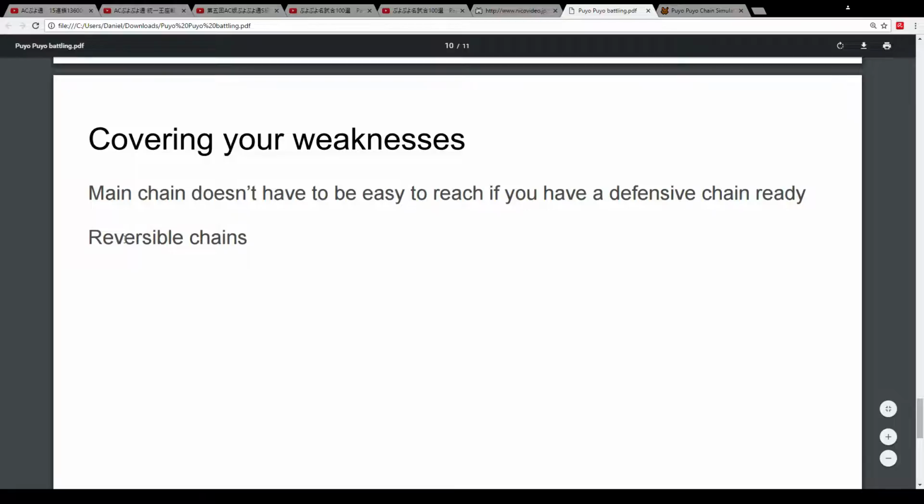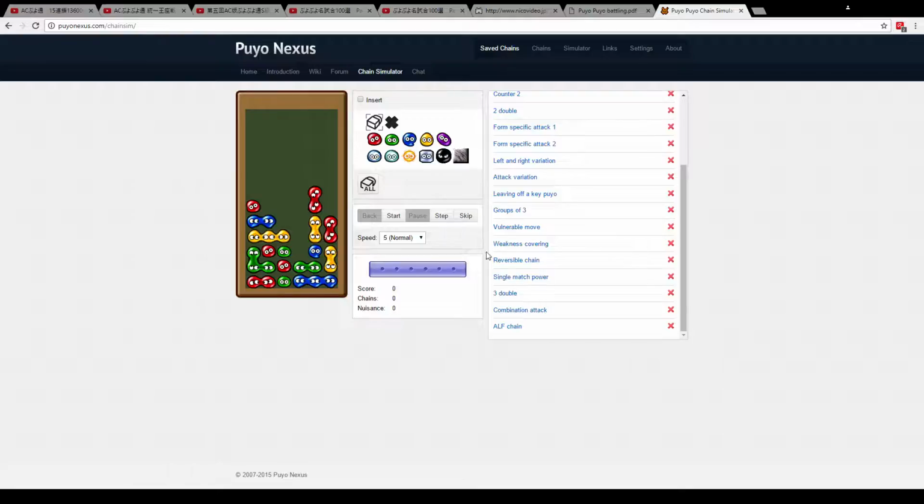Something else you can do is make reversible chains that can start in multiple places or on both sides. So this looks like a normal GTR form, or maybe not exactly normal, but it looks kind of hard because you need to draw yellow pieces, and then you need a blue piece, and then you need a green piece, and then you start it with a red piece. Oops. You actually need 2 green pieces. So